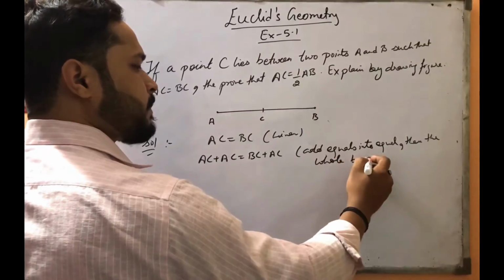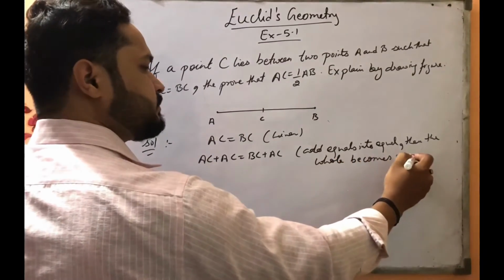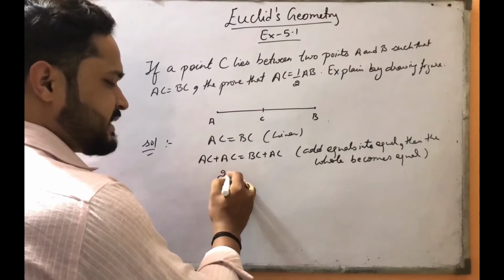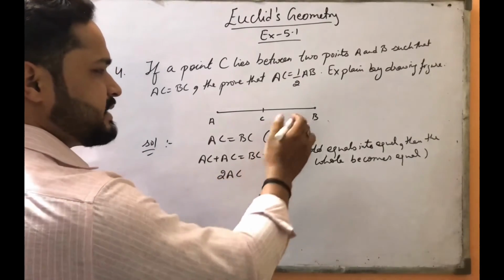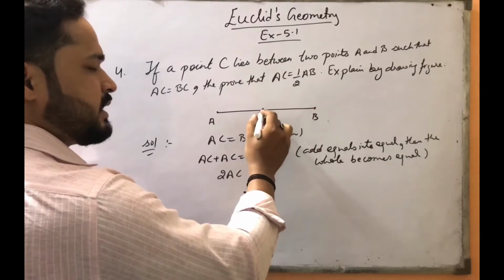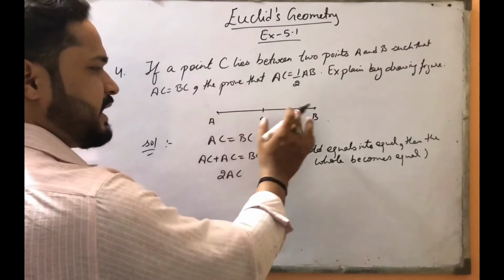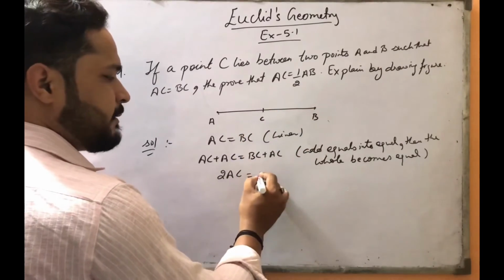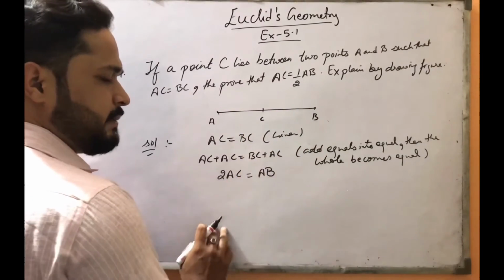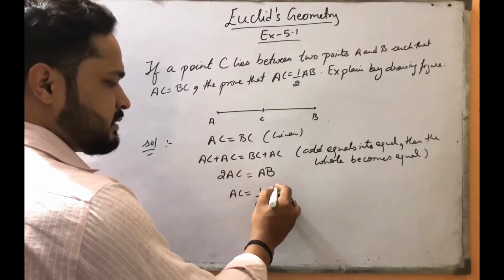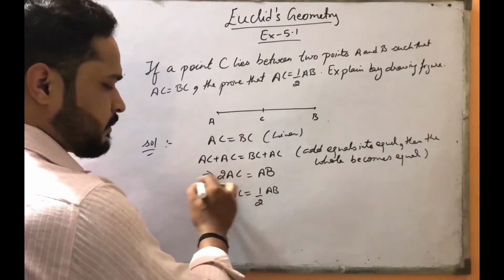Okay, so now AC plus AC is 2AC, and BC plus AC, if we add these two sections, we will get the complete AB. Okay,